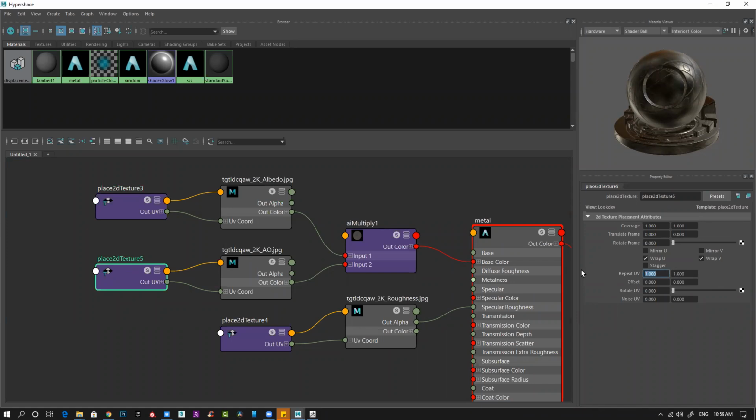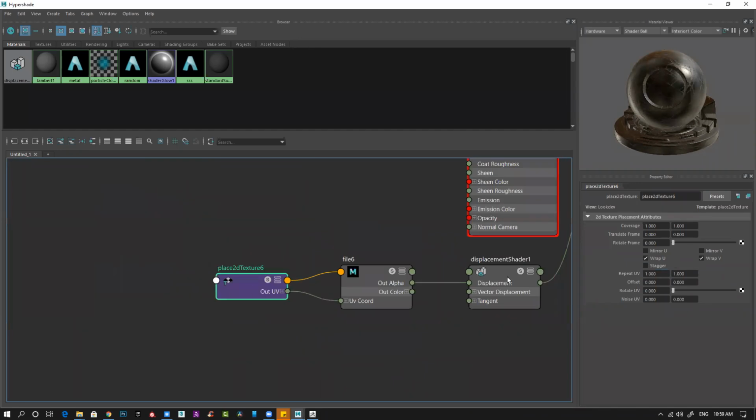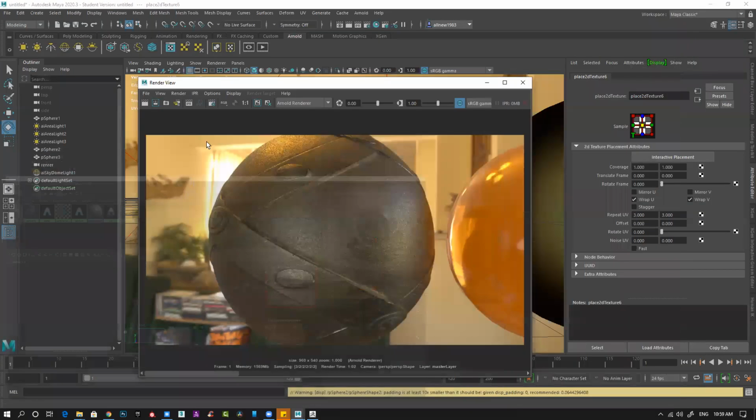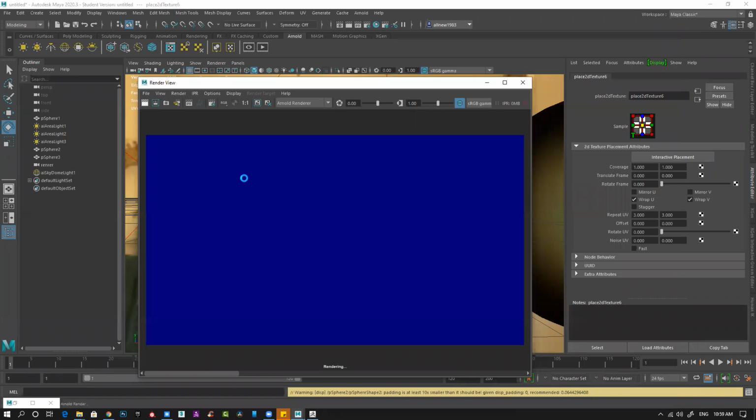Select this one, 3 by 3. Everything has to tile, 3 by 3. And this also, 3 by 3. So everything is tiled. Now render one more time.